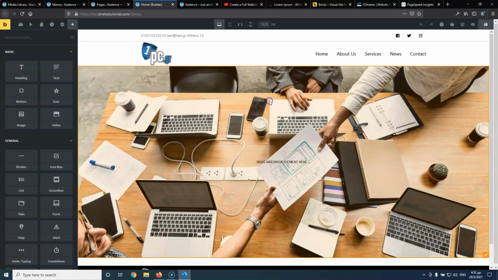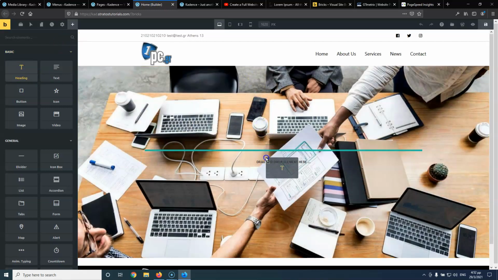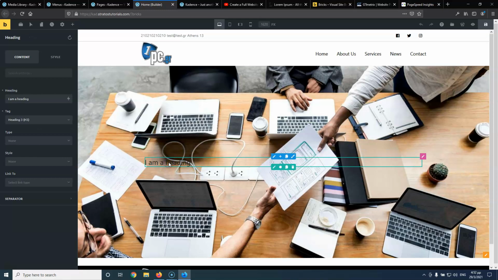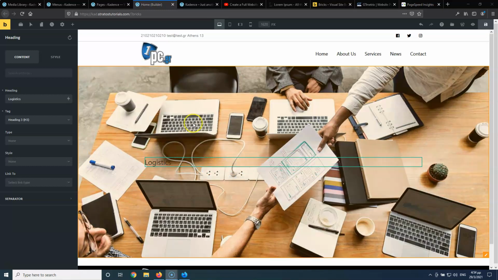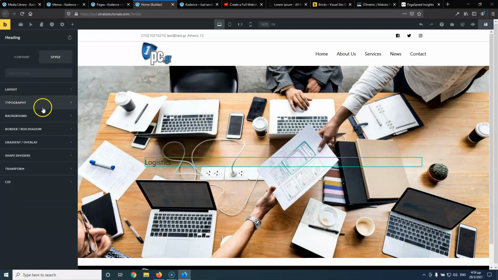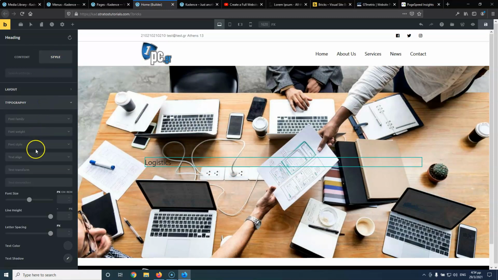Here we're going to add a heading, which will be logistics. Okay, now I can click here that says edit element, and here I can change the alignment to be in the center, but I can also do that. Let's see where it is. So I can go into the style, and I can go into the typography and align that from here,